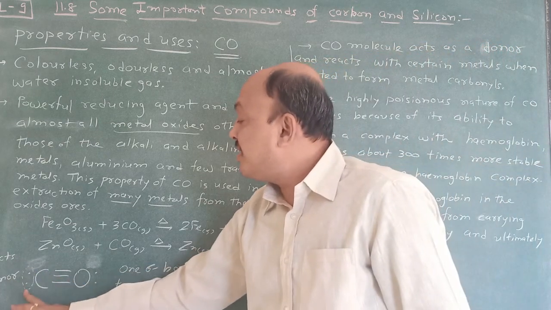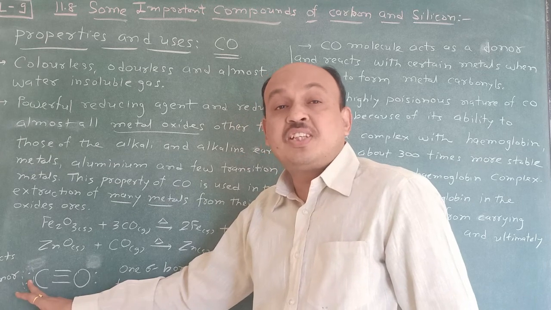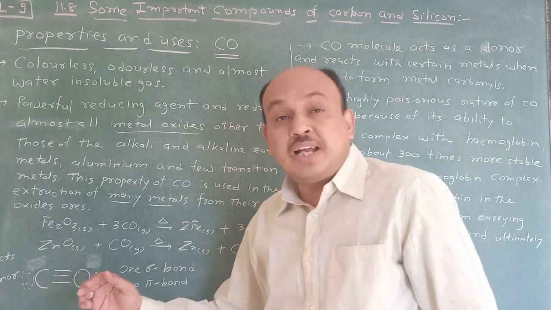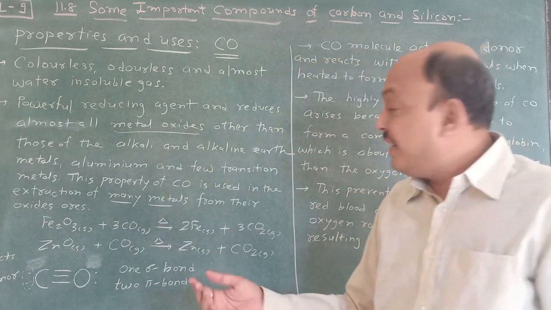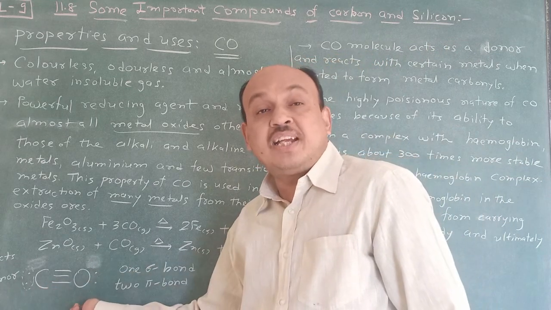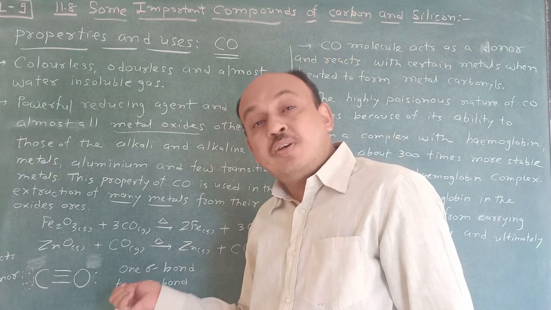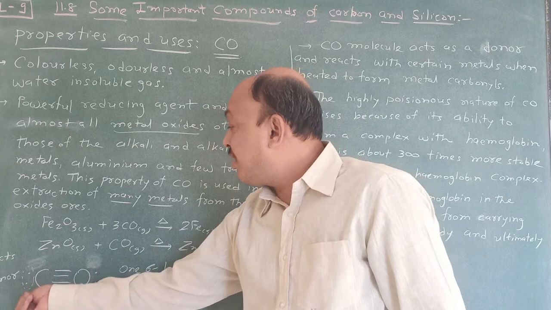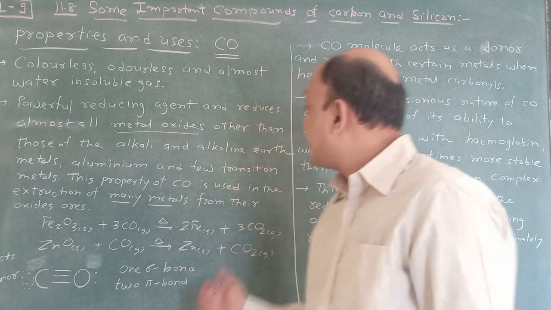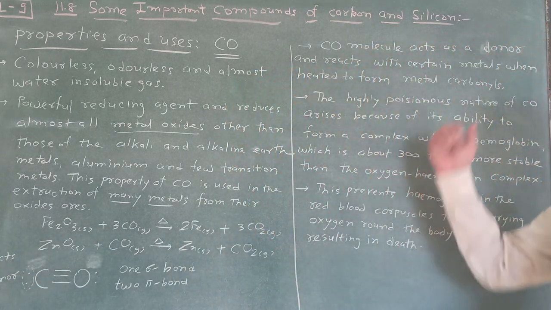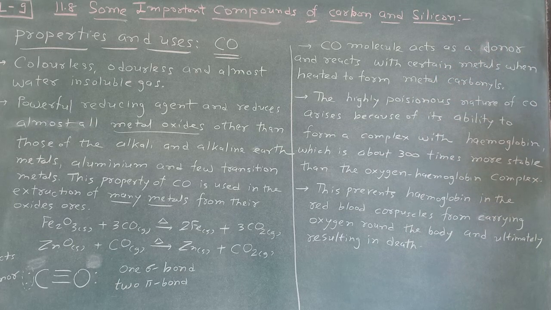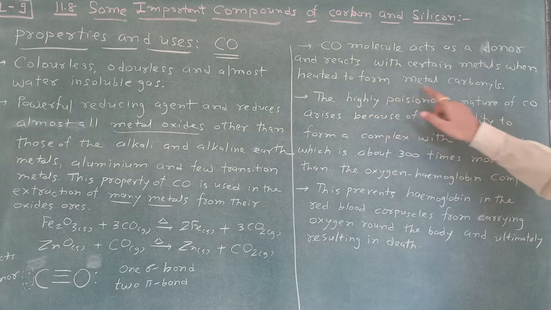This carbon possesses 2 electrons, which is called a lone pair. Due to that, it acts as a donor, and that's why carbon monoxide is known as a Lewis base. So they are donors, and that's why it is considered a Lewis base. And due to that, the CO molecule acts as a donor and reacts with certain metals when heated to form metal